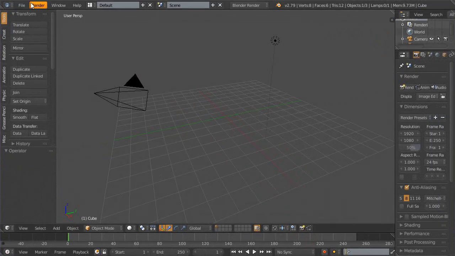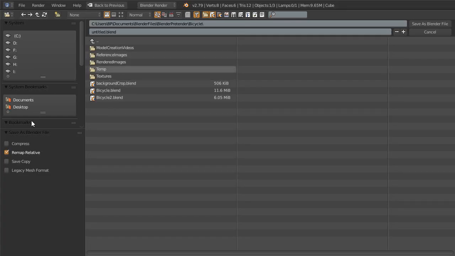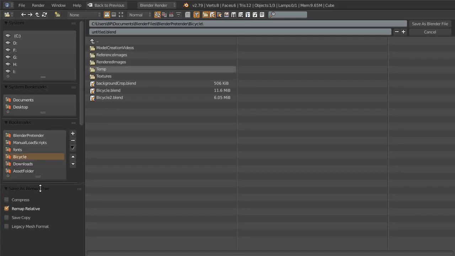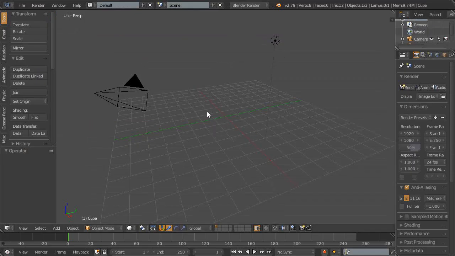What I'm going to do today is file, save as. Let me go to my Blender Pretender, the trials, is 2.8, but I'm going to use a 2.79. I'm going to save it as that one. Actually calling it, I'm redoing some of the work. That doesn't matter. One of the things that I found when I was trying to record midweek, that was Wednesday, and I decided just to ignore it, is that I spent plenty of time